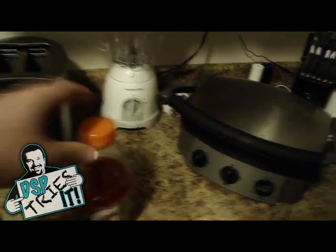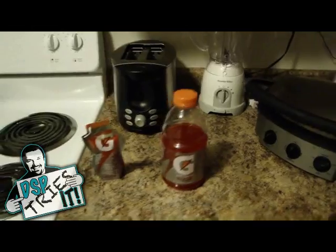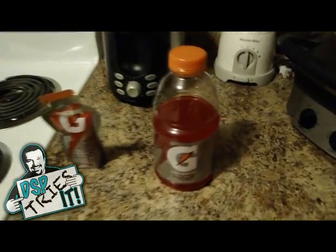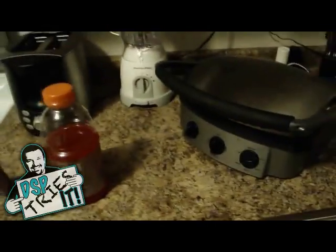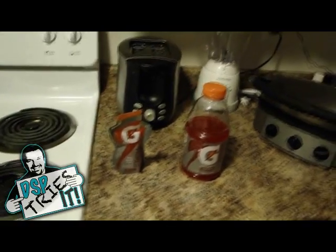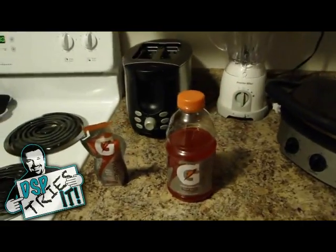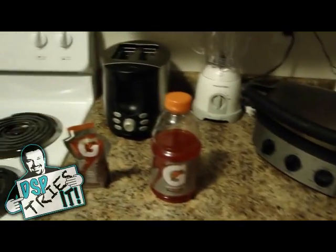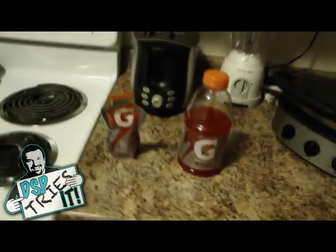The G2, you're supposed to drink during this activity that will probably be strenuous physical activity, to replenish sugars and carbs. And then there's a G3, which I don't have right now, but I plan on getting it. They actually had it at my local store the other day. It's supposed to regenerate the things that you lost while you were working out, and you're supposed to drink that after you finish. So apparently you're just supposed to be a big drinking mess during the entire time that you do any physical activity. But anyway, I think the theory behind it is